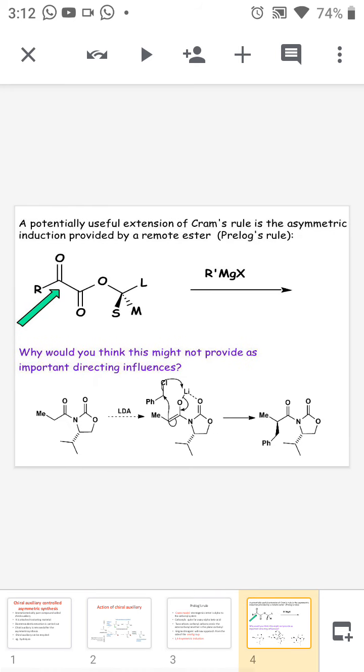Now we are moving to the example. This is the example for Prelog's rule. As we discussed earlier, in Prelog's rule, the reaction center is shown by the green arrow, and it is connected to an ester group, and the reaction center, that is the carbonyl group, is far away from the chiral center. Here I can see I have shown the chiral center as